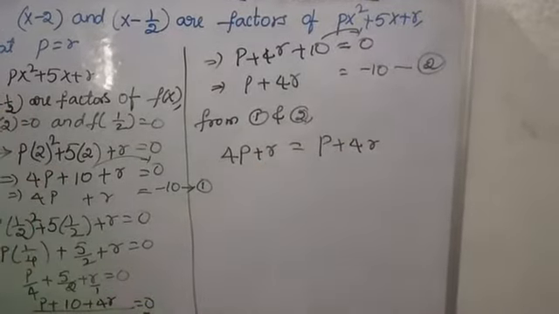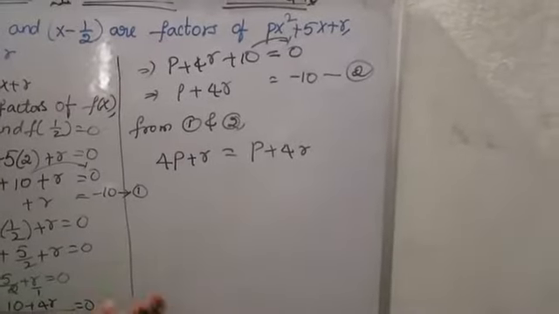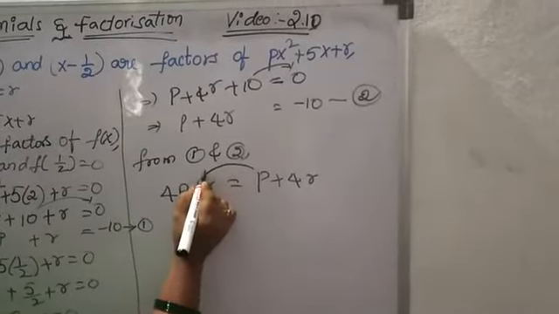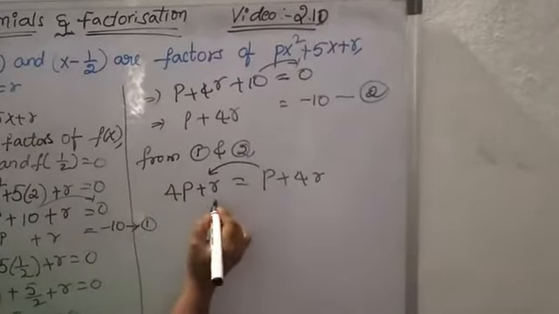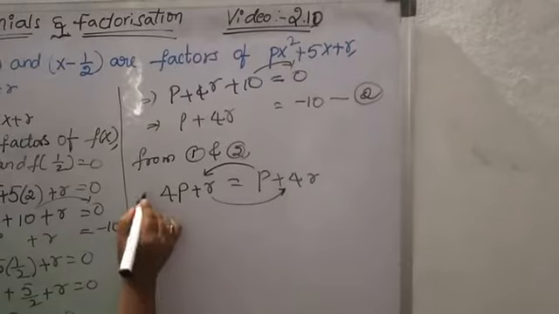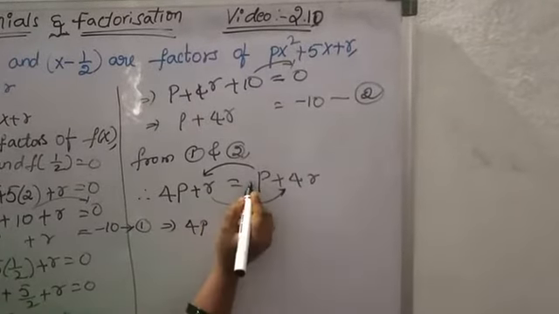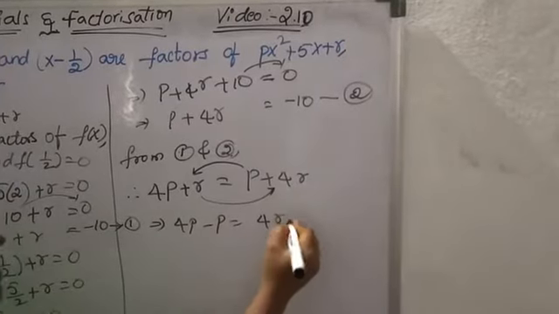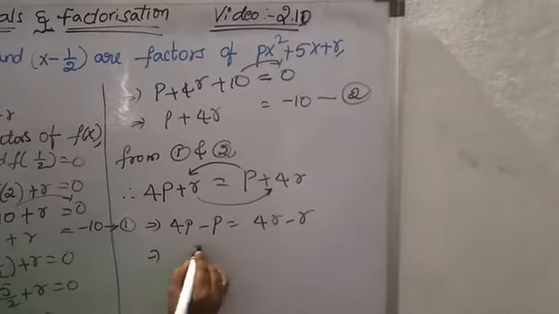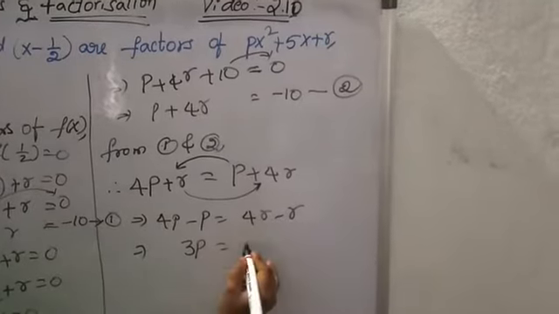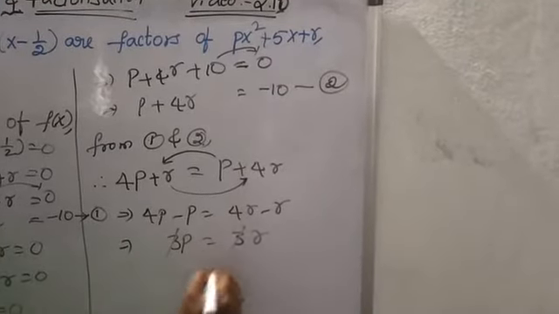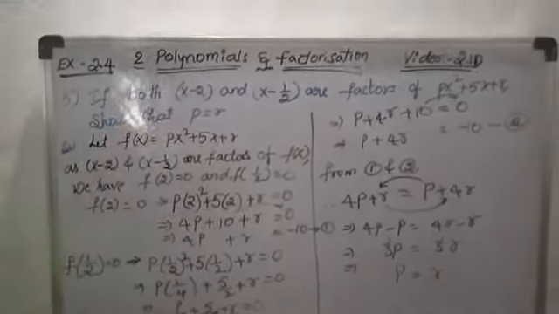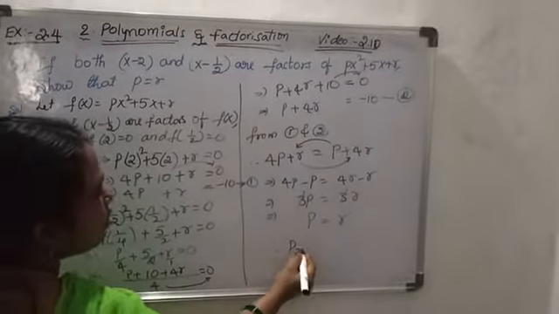Observe here like terms are there on both sides, so transpose the like terms to one side. I have to shift this p from here to this side and r from here to this side. We are getting 4p, this is plus p, on the other side it becomes minus p. Here we have 4r, plus r, on this side minus r. 4p minus p is 3p. 4r minus r is 3r. 3 gets cancelled. We are getting p is equal to r. What is our question? Show that p is equal to r. Therefore, p is equal to r.